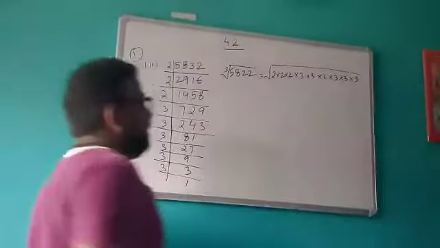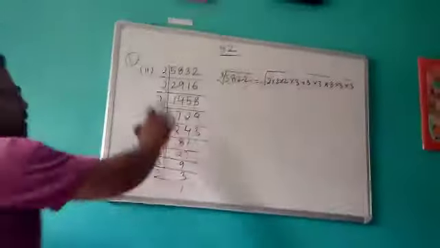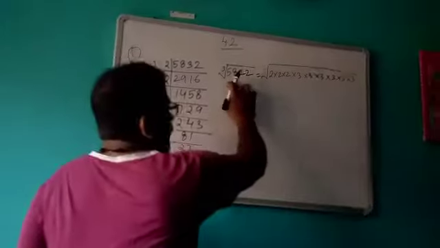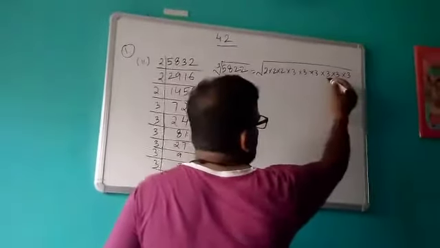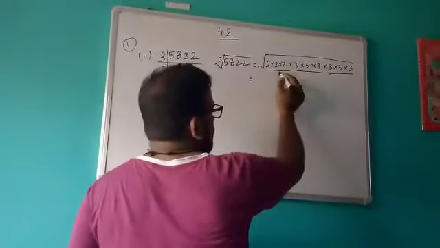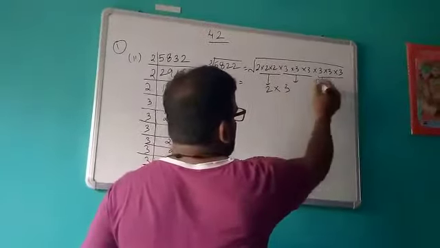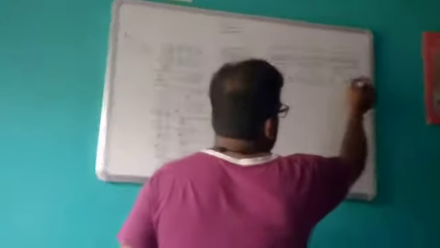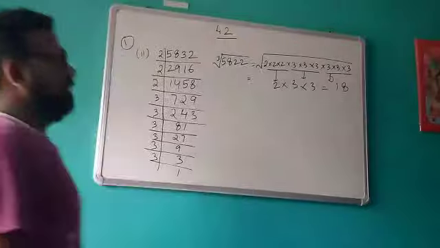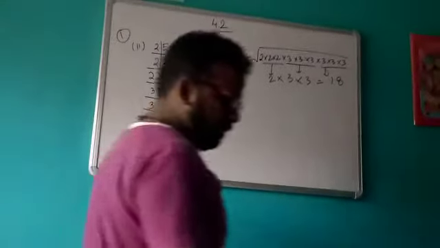Okay. So whenever you find the cube root of the number using the prime factorization, it will be your first step. Then you will write the number like this. Now we will form the groups of 3 numbers. 1, 2, 3. So you can see that all the groups have been formed and all the prime factors have been exhausted like this. So its cube root will be 18 like this. Okay. So this is how you can use the prime factorization method to calculate the cube root of a number.